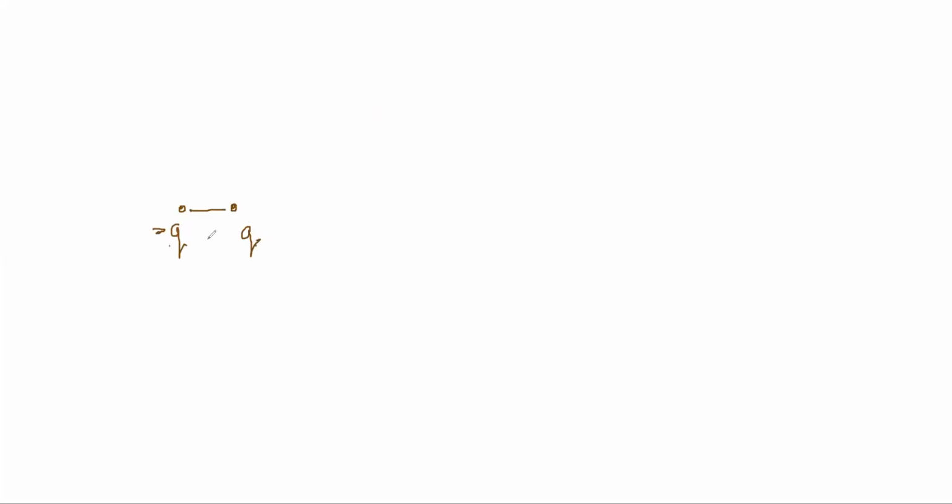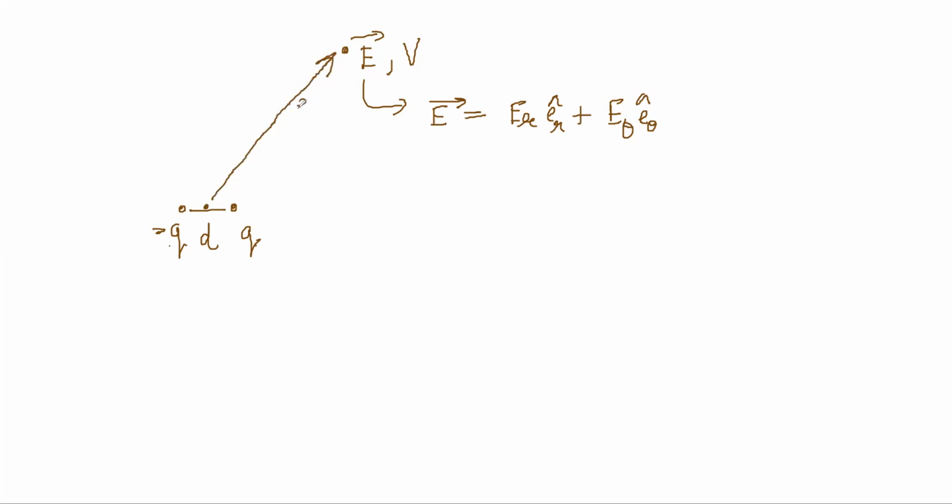When we were doing electricity, we learned that electric dipoles, which are systems with minus q and plus q separated by some distance d, act in a certain way. They create a field at this point and a potential at this point. We knew an expression for the field also. The field had two components, E_r in the e_r direction plus E_theta in the e_theta direction. This was the e_r direction, e_theta is this direction perpendicular to it, and this was angle theta, and this total distance was called r.